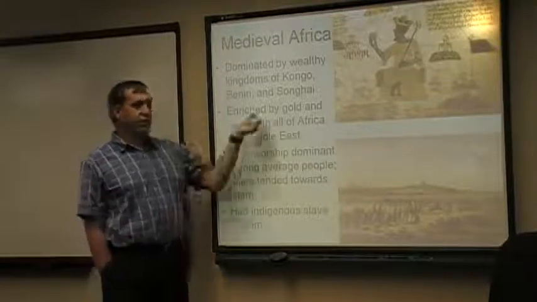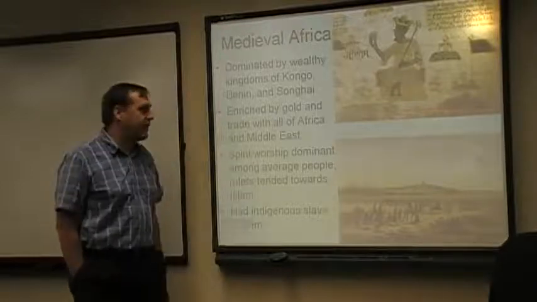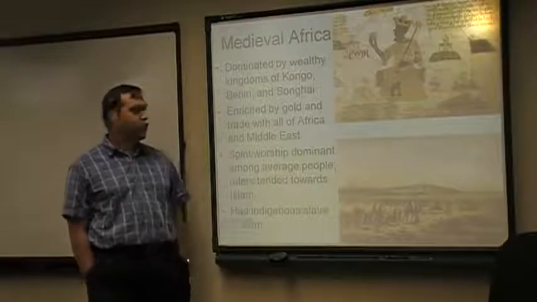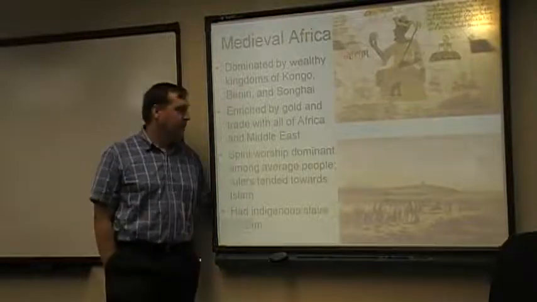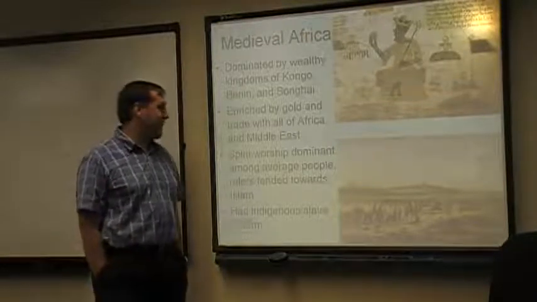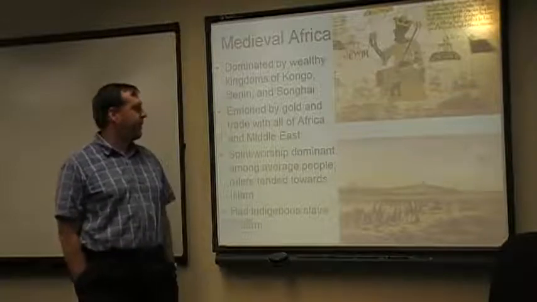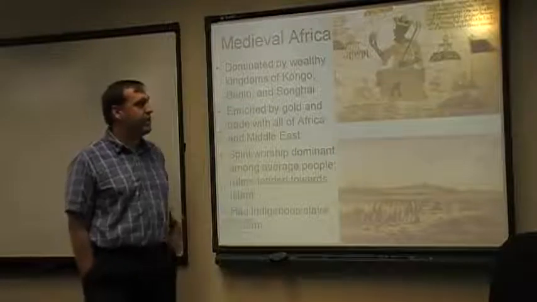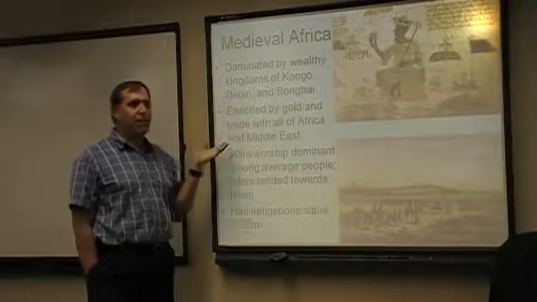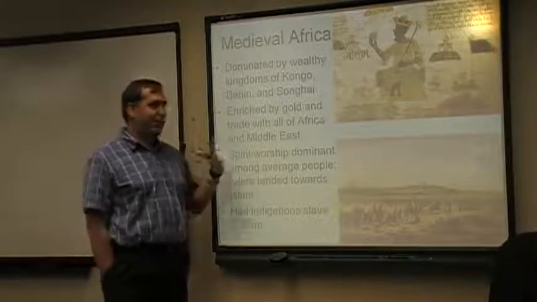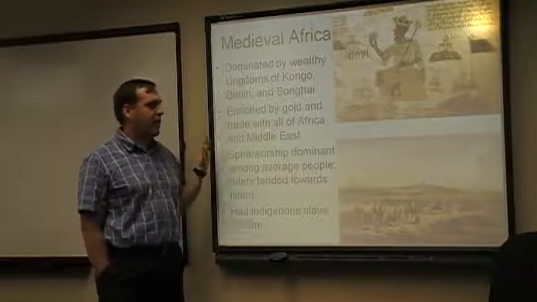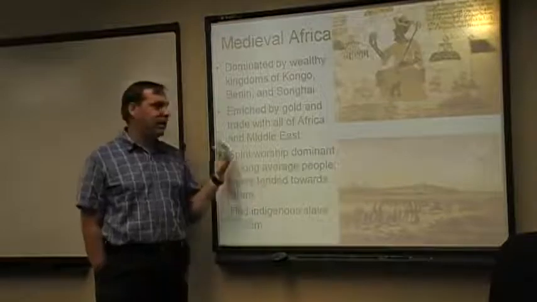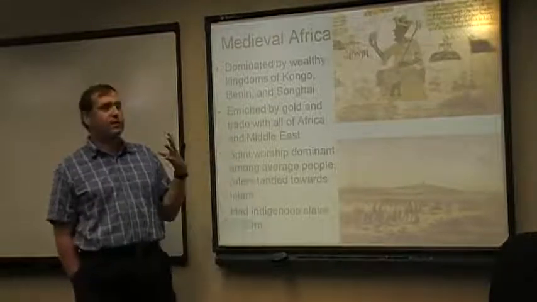So what you're going to see increasingly is these kings and these nation states of West Africa realize that gold isn't all that valuable where they are, but if they can trade it to people who want it, and this is going to be the rest of Africa, and then also through Egypt, trade with the Middle East, they can enrich themselves. And so by the 1400s, medieval West Africa is beginning to really feel its power economically through its trade connections across sub-Saharan Africa and then across the Sahara into the Middle East.